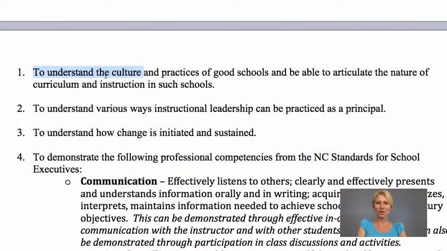So we want to understand the culture and practices of good schools and then to be able to articulate the nature of curriculum and instruction in such schools. We'll also look at various ways that instructional leadership can be practiced as a principal. We also will look at how change is initiated and sustained,